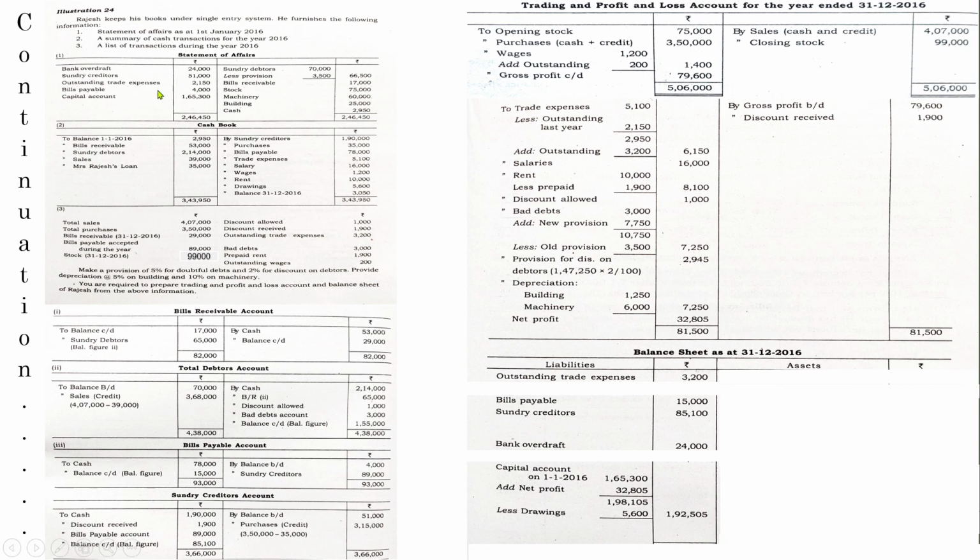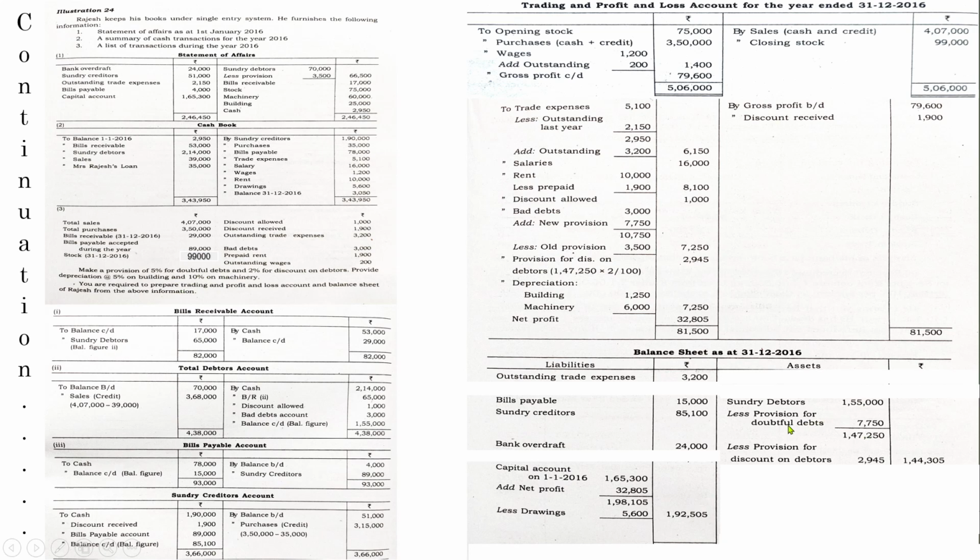Now let us go to the next side, debtors account. Debtors, don't take this amount. Go to the debtors account, final balance 1,55,000. Remember, this is not the correct closing balance. This is the amount after adjusting all those transactions during the year except these two amounts. See, this provision and discount is additional information that occurred after preparing the debtors account. So remember, you need to adjust these two amounts.